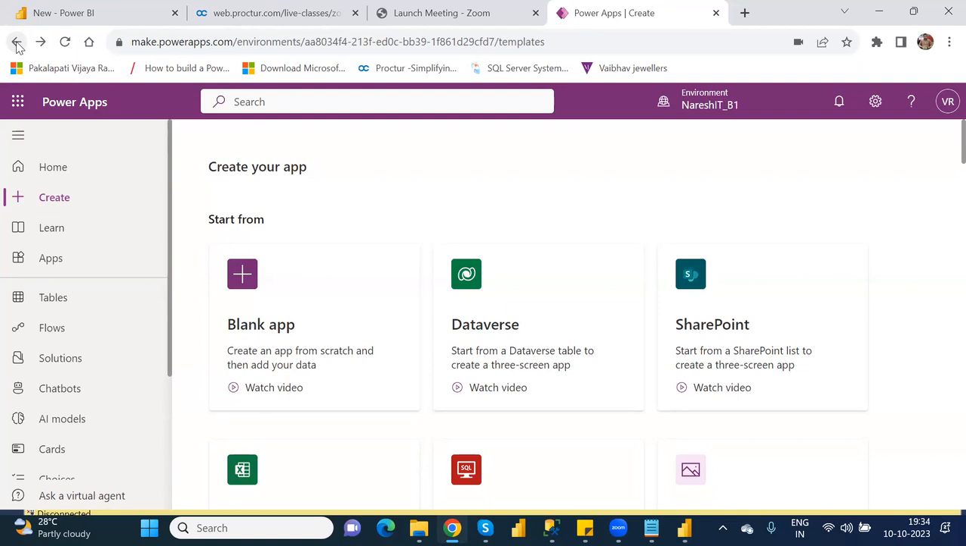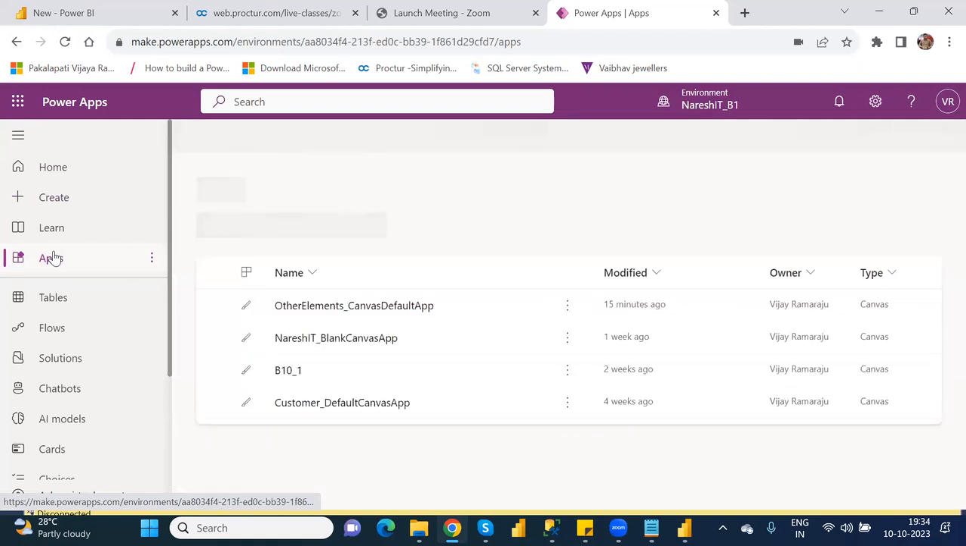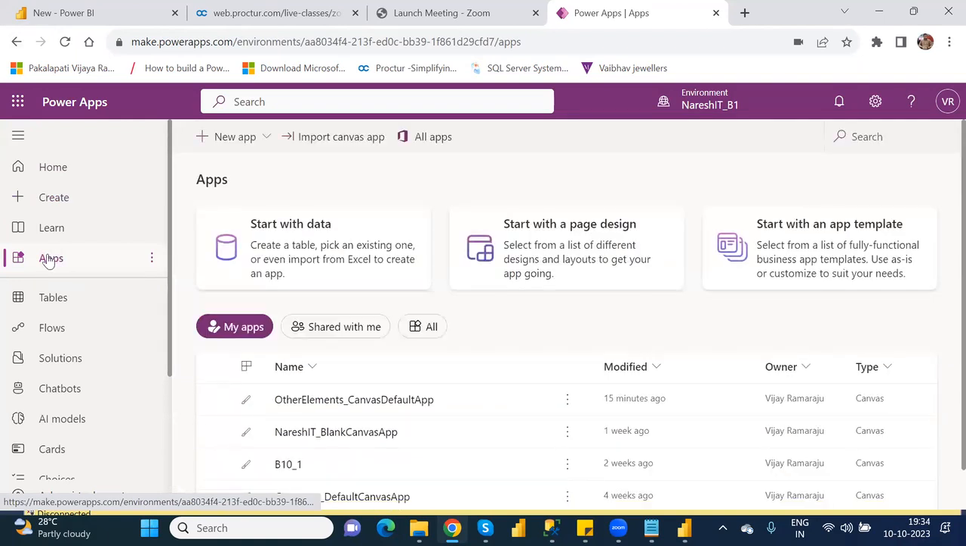If you want to create a model driven app, there is a create option, and create in apps. Under the apps, go to the apps tab. Under the apps tab, there is a new app available, right? Under that particular new app, you will see